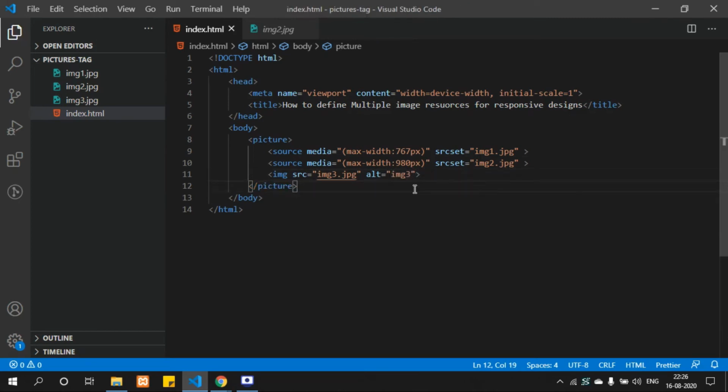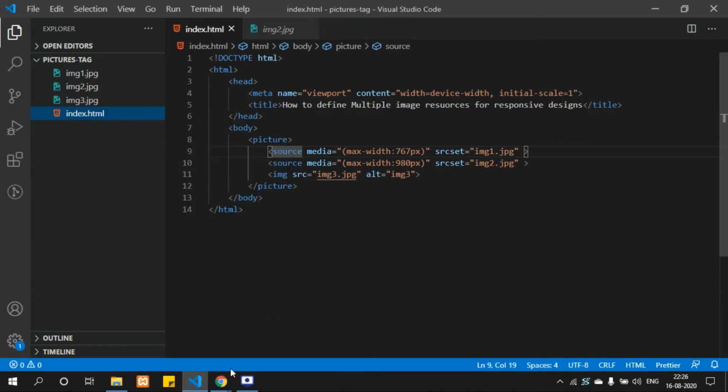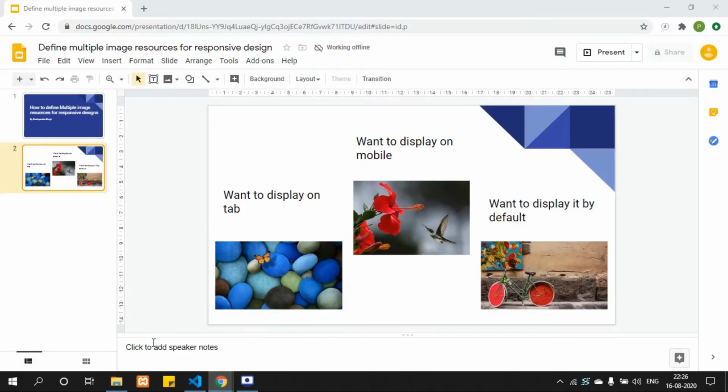So guys, let's take a look at how it's displaying. So this is the default image.